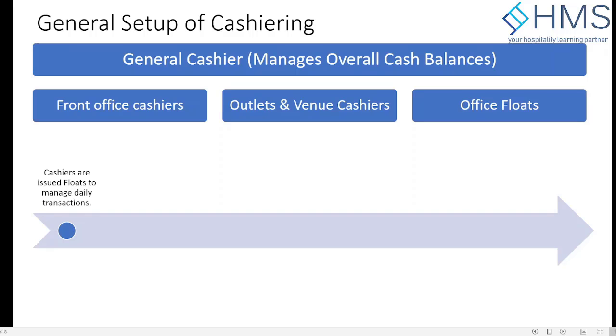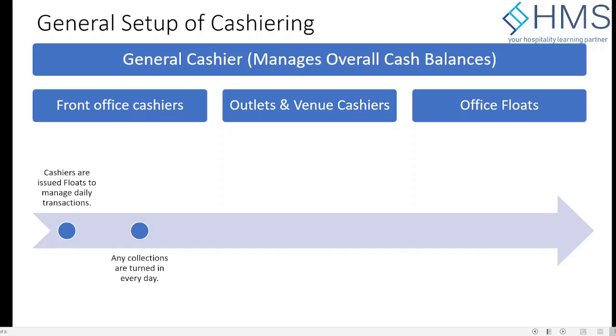Normally there are male and female changing areas where they go and change the uniform. They are not supposed to keep the money over there as well. So they are normally given another safe, which is near the general cashier's office most of the time, and they use that place to keep their cash safe. They are given a key, and the master key is again with the general cashier and security, so they can use it to open the safe in case the cashier is not coming to duty.